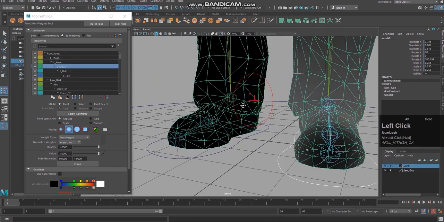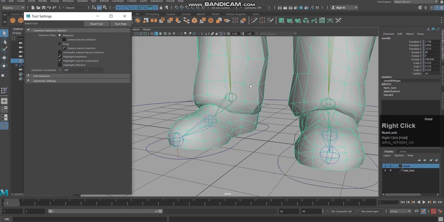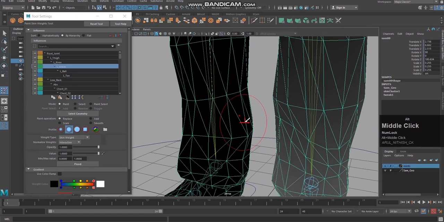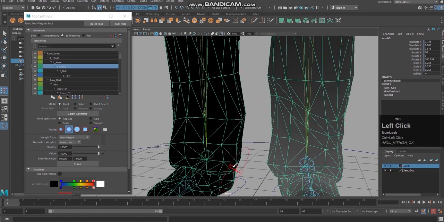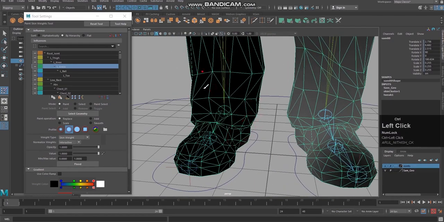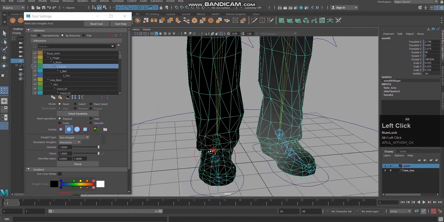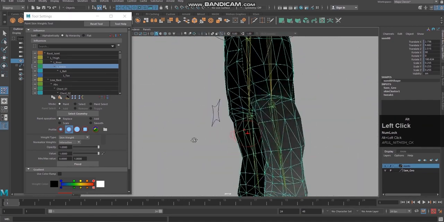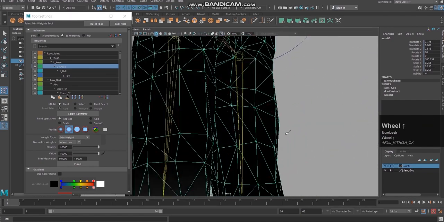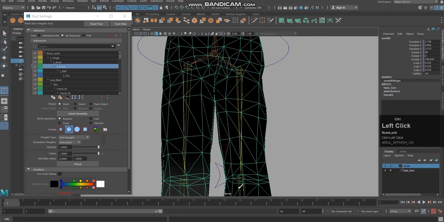See, here and all, this left ankle is having some influence on the right side. So I'm holding control and I'm going to click and remove all this influence, right? So I should select here and all. I think some influence is there. Remove everything, control and paint it.